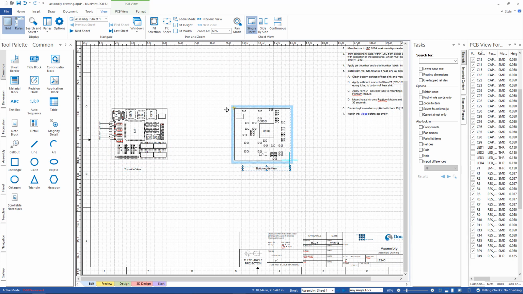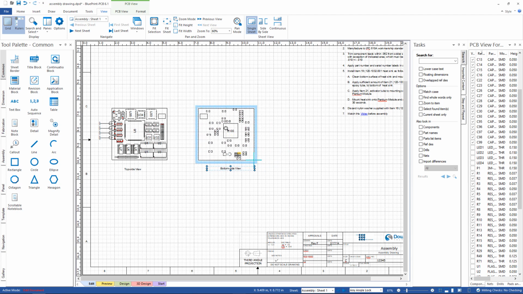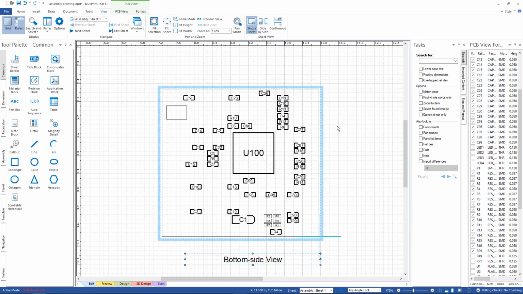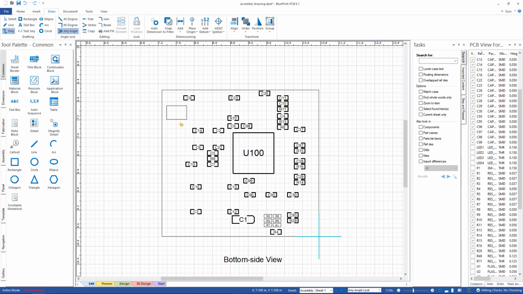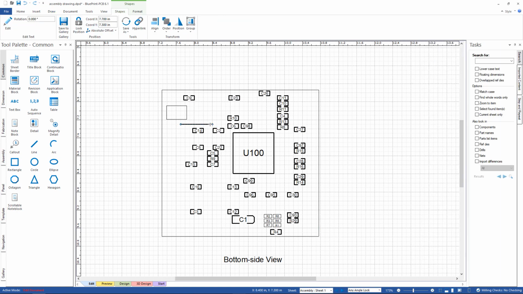Let's jump over to our bottom side view for just a second. Let's look at some other options here. One thing I might do is I might have an area that I want to call particular attention to on my designs. So I can go in here with my drawing tools and just basically draw a polygon around an area. So I'm just going to go in here and draw